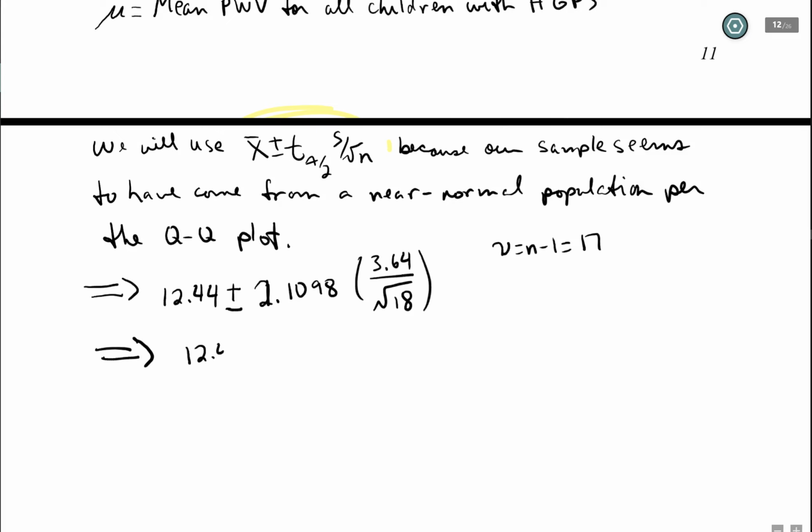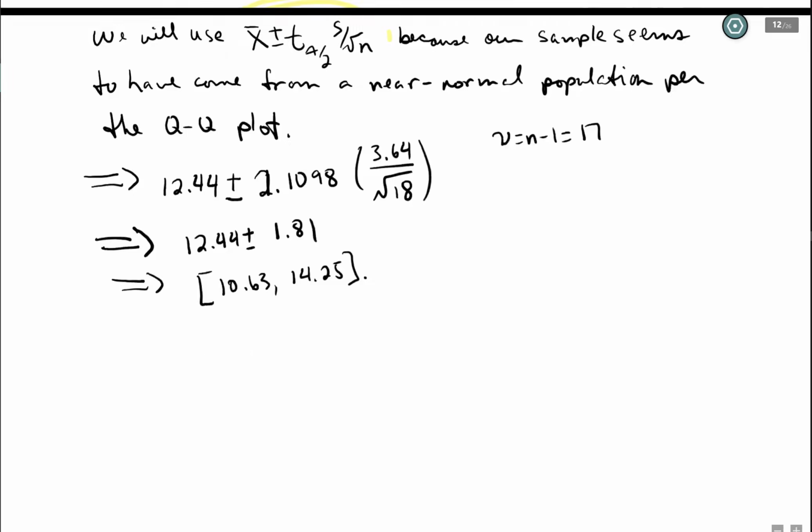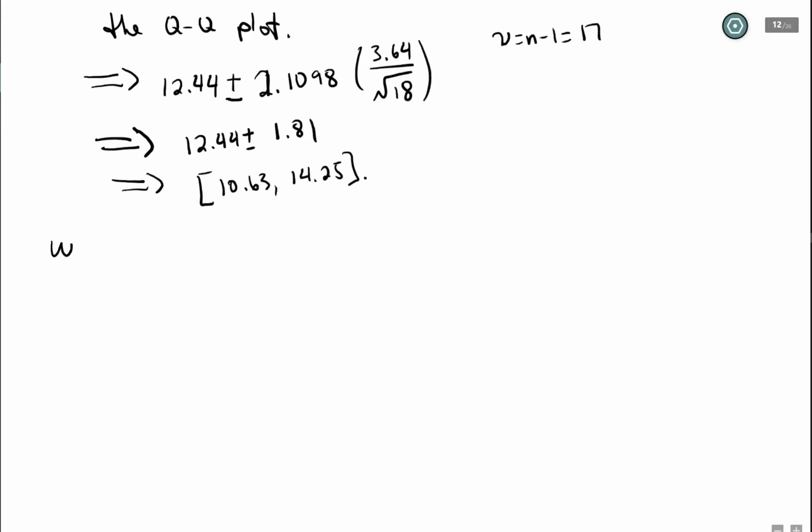Do a little simplification. We get 12.44 plus or minus this. The arithmetic here yields 1.81, and ultimately a lower bound of 10.63, comma 14.25. Okay, so what does that say? Well, that says the interpretation would be we are 95% confident that mu, that is the average pulse wave velocity for children with HGPS, is between